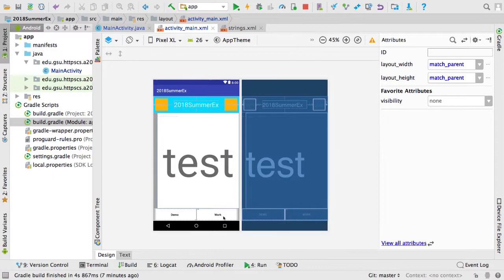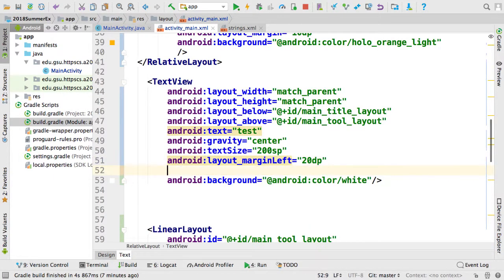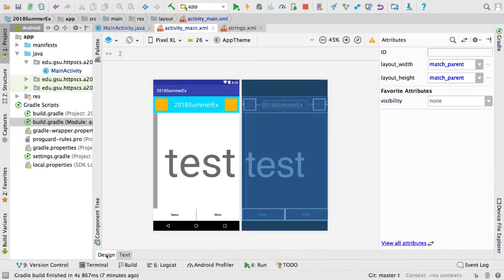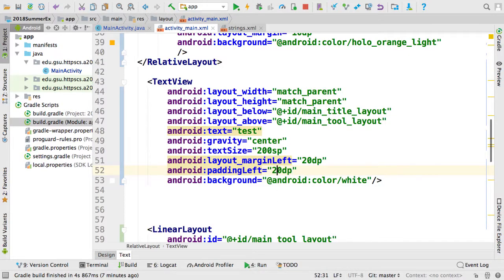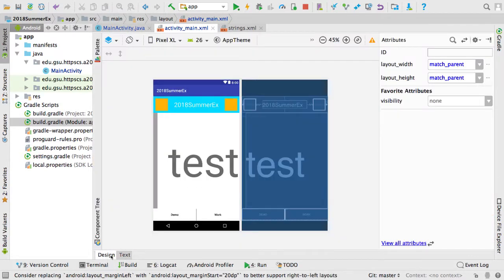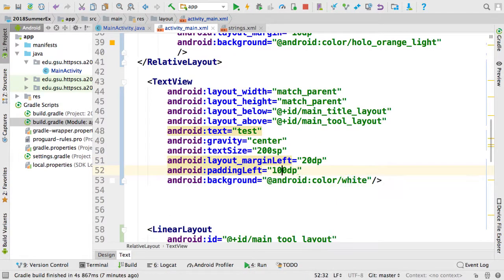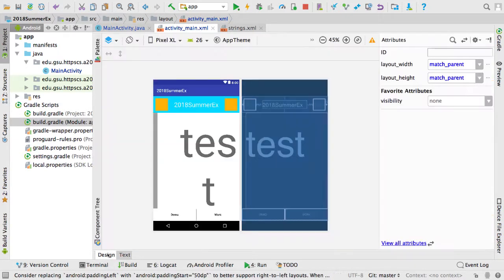But if I use padding, the other attribute, padding left 20 dp, 50 dp. Okay, you can see the text moved because the padding is